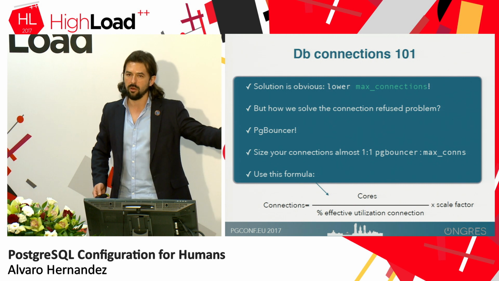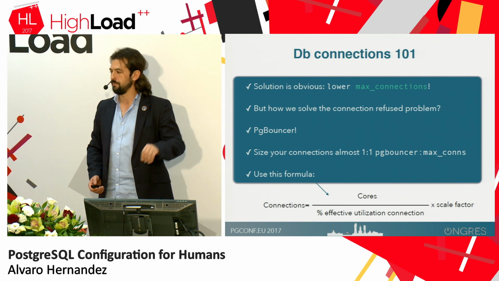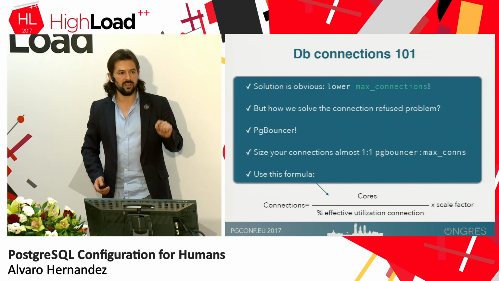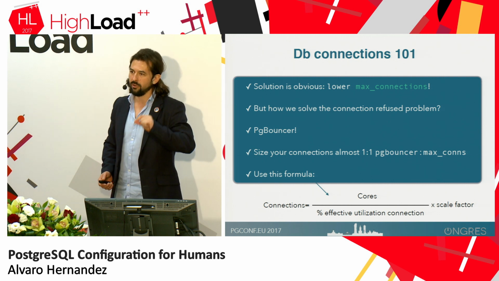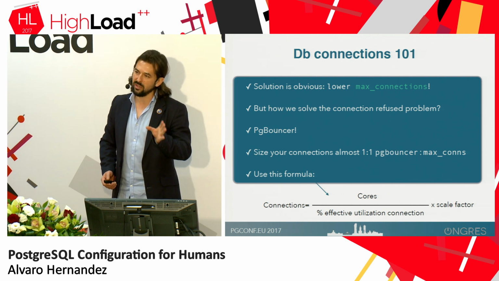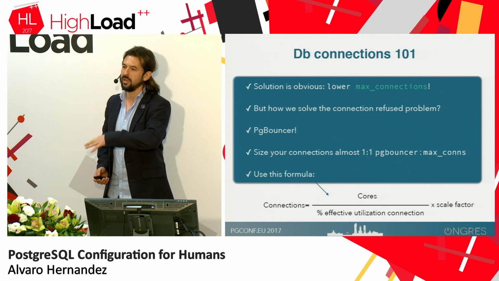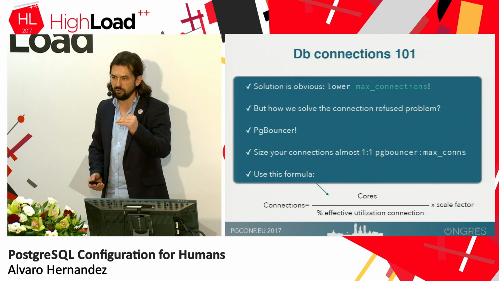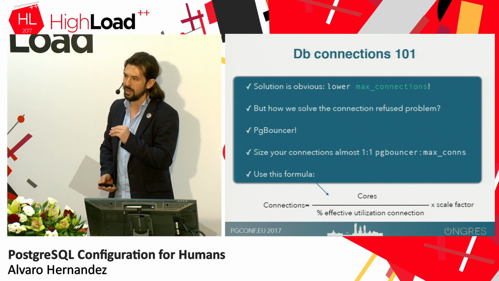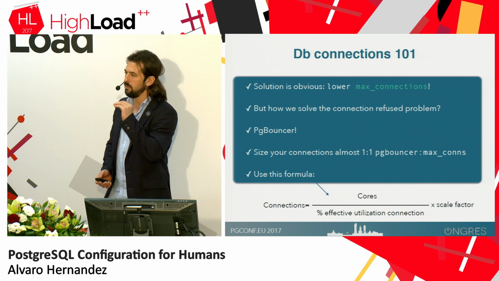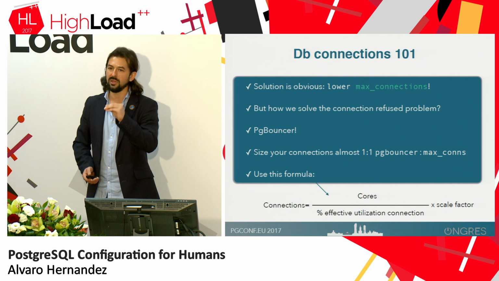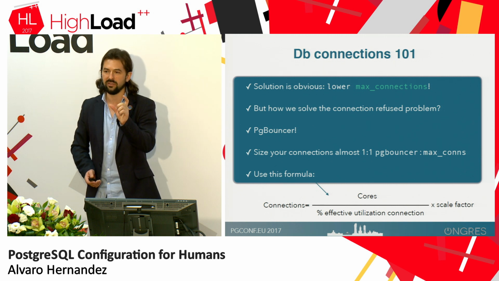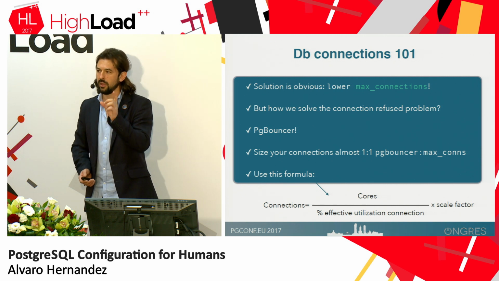It will hold them there until there's enough room. So what we do here is actually lower max connections. We prevent the problem of connection refused by using a connection pooler like PG bouncer. Lower the number of connections to make a more efficient use of the database. Now we're hitting the database with actual use. We're keeping all the cores busy, but with a few at a time processes, so that the cache is not